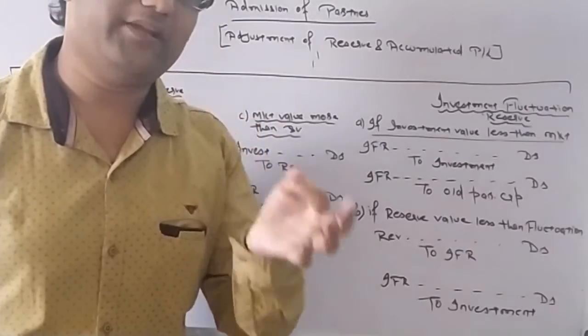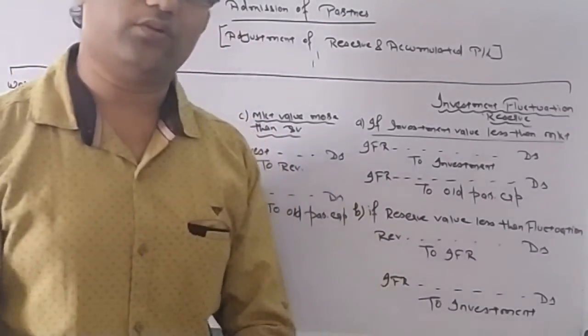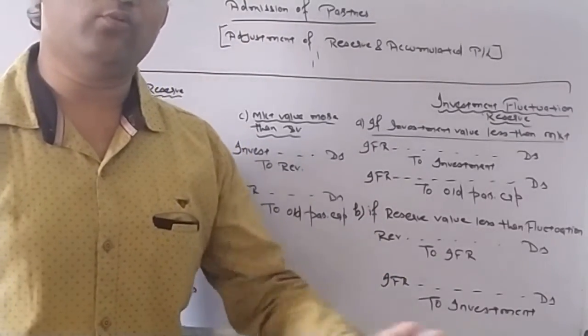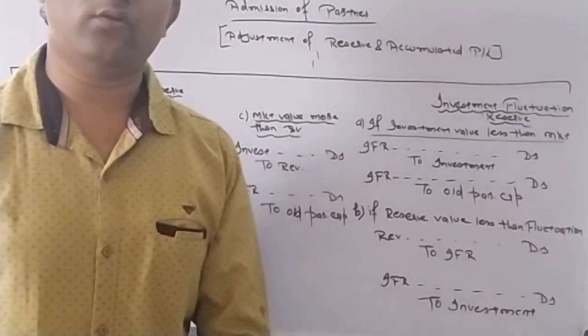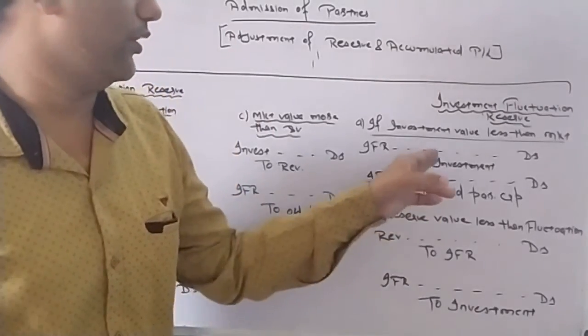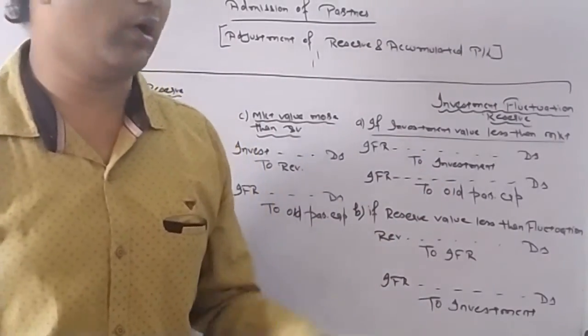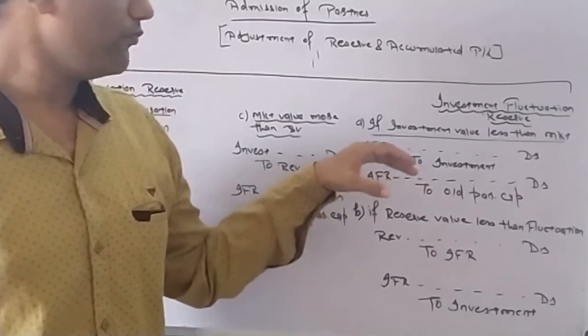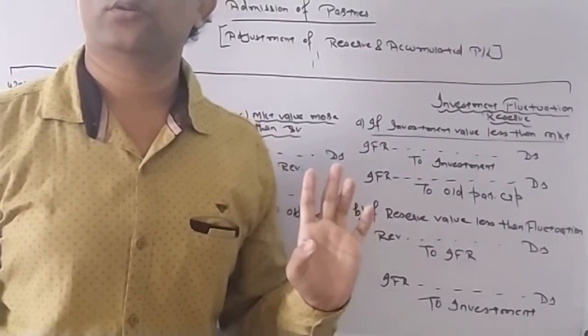What was my example? I have a reserve of 5,000. 15,000 is my investment value. Now it becomes 12,000. I have a loss of 3,000. That 3,000 reduction in the value of investment. Investment goes down, I have credited. Asset goes down, it will be credited. And I am utilizing the reserve amount, 3,000.